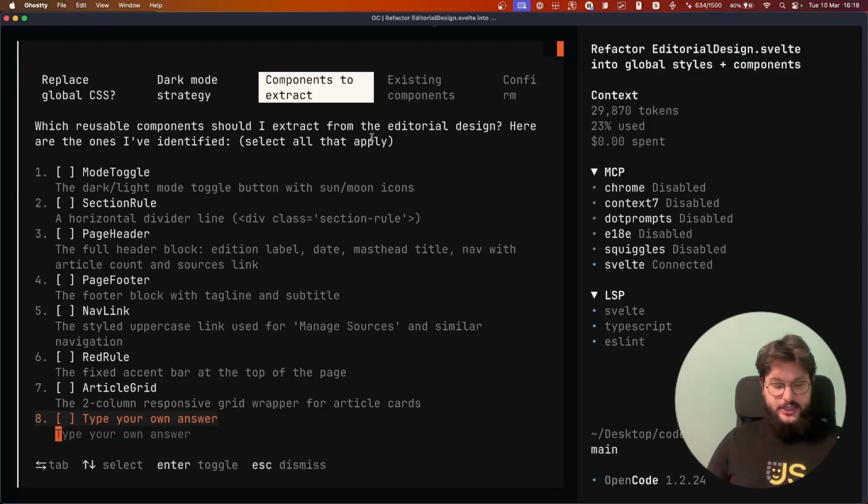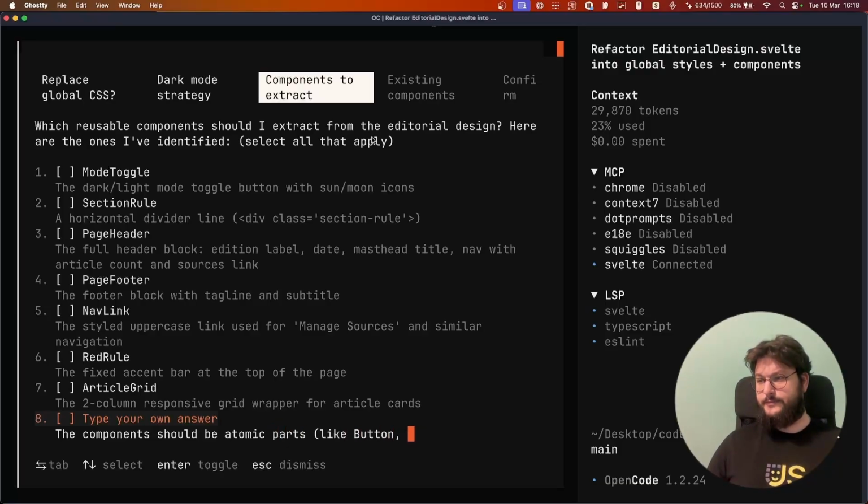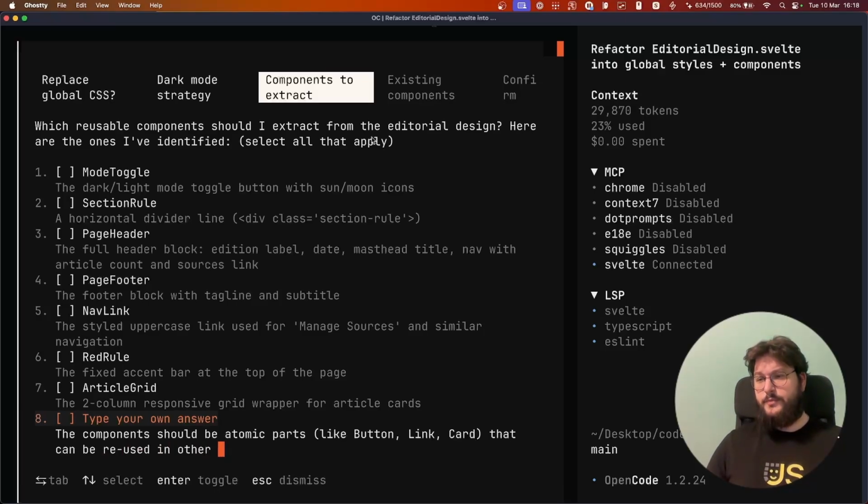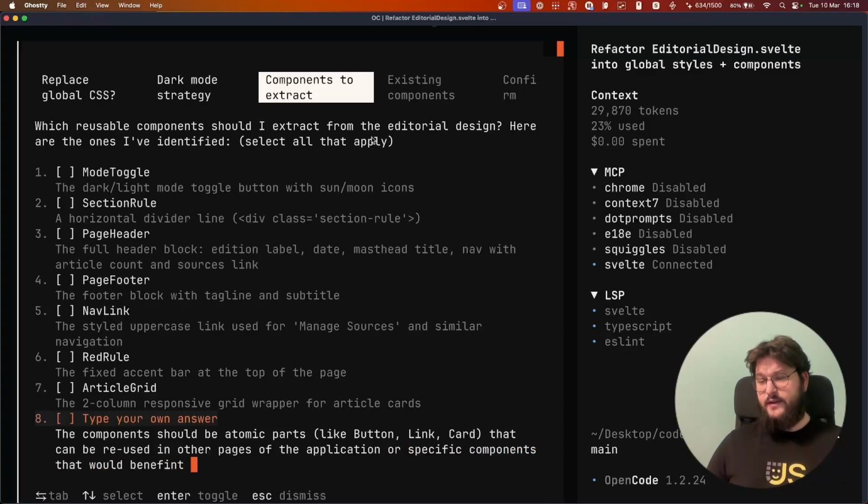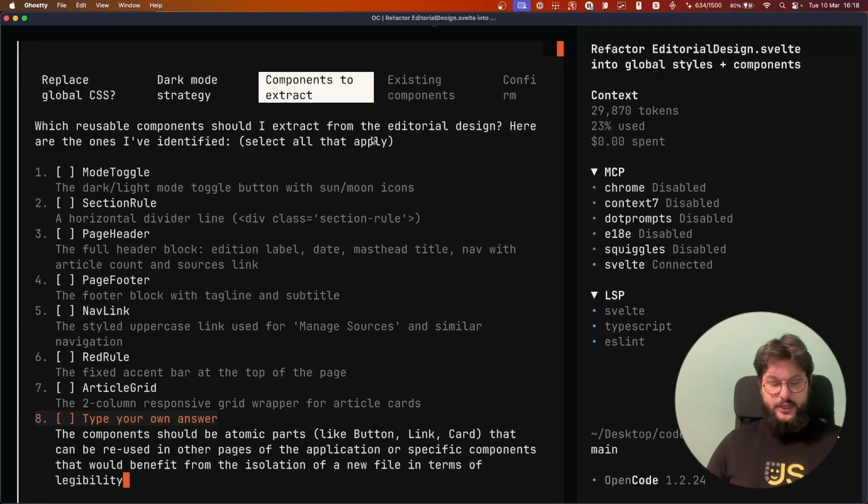I want to say the components should be atomic parts like button, link, card that can be reused in other pages of the application. Or specific components that would benefit from the isolation of a new file